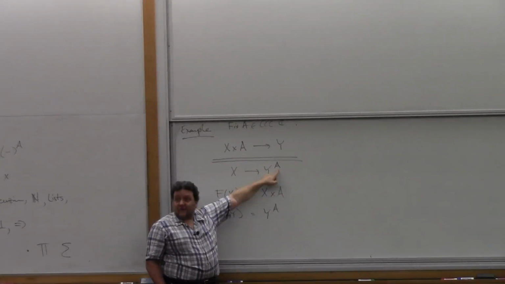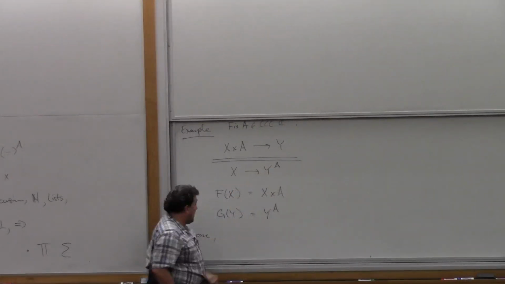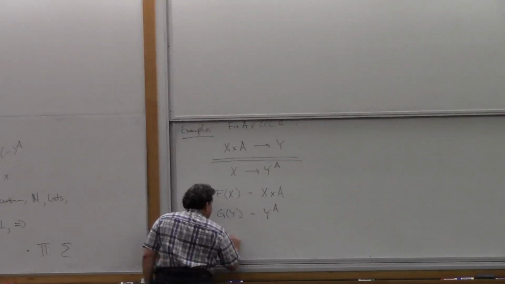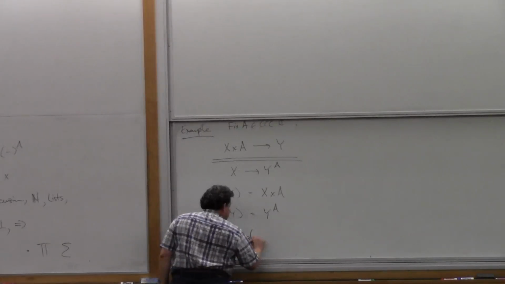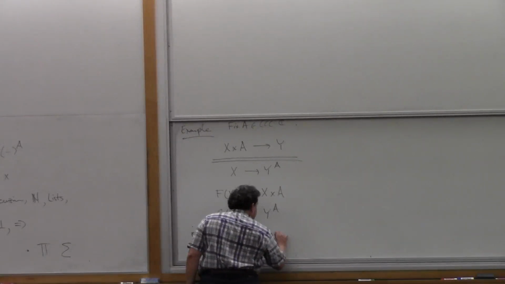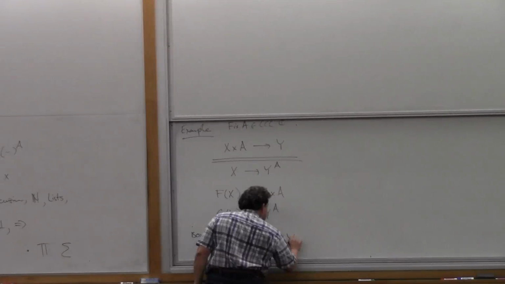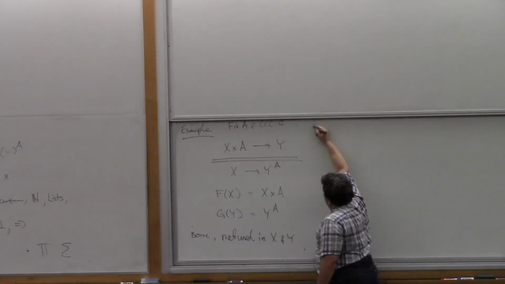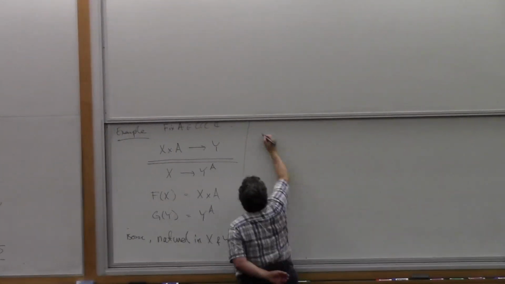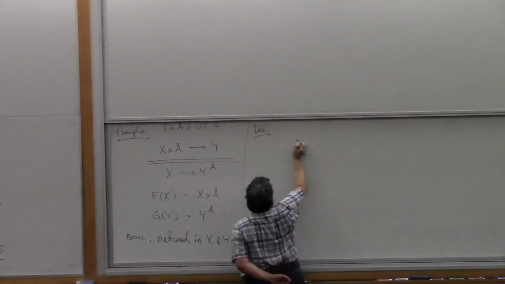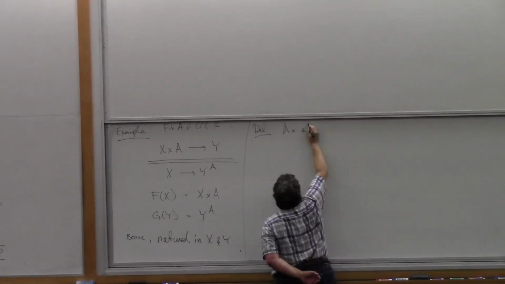And we learned last time how to say that. It's natural in x and y. It's an isomorphism, and it's natural in both arguments, x and y. Well, that's the definition of an adjunction, exactly there. So the definition is this. An adjunction